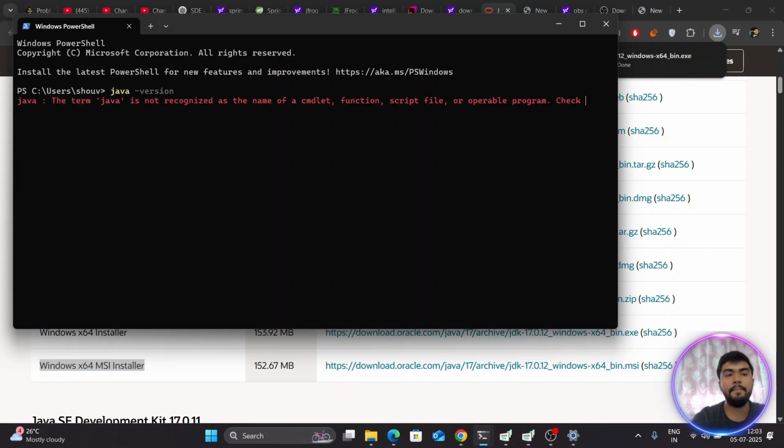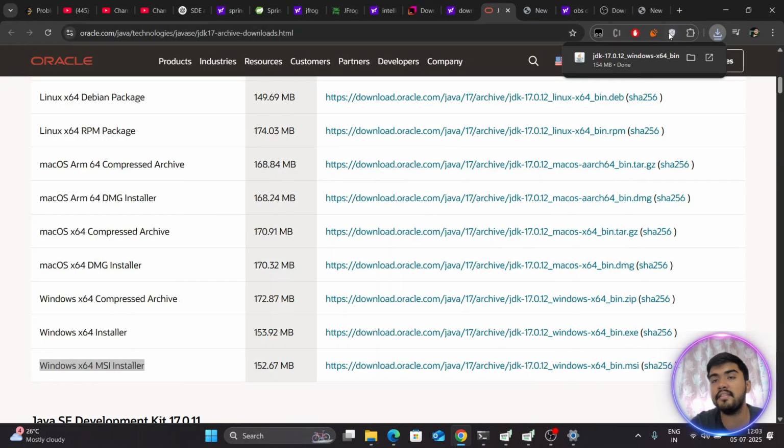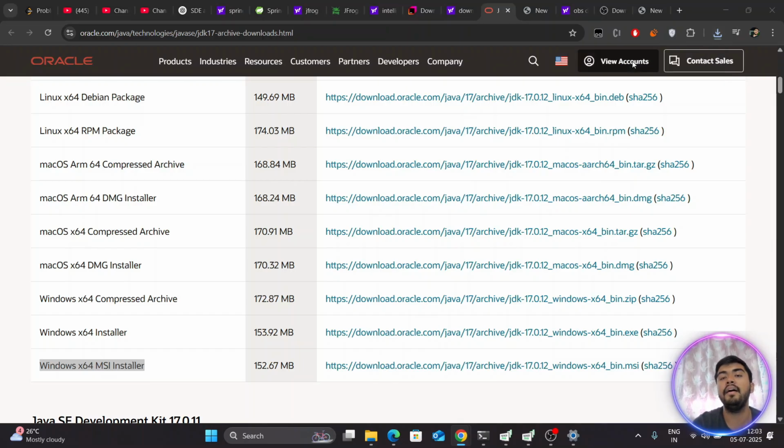java -version. Just type this command, and if Java is installed, you are going to see the version associated with it. As Java is not on the system, you are going to see the message: Java is not recognized as the name of a cmdlet, function, or script file. So check the spelling. They are basically saying that Java is not a supported command, a command not found exception it is throwing. So now let's quickly do the installation, and after that we'll again do the same validation by hitting the same